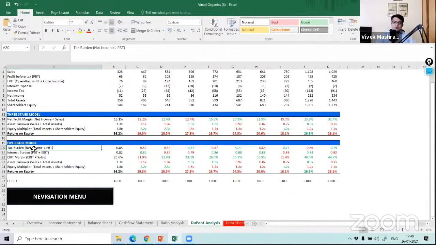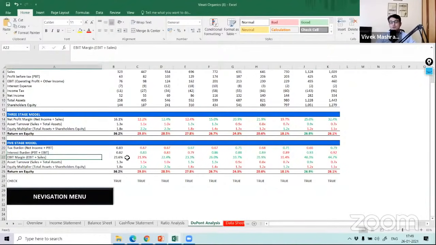So you basically divide net income by PBT. It will tell you the tax, my 21% is going. So 1 minus 0.79 is 21%. So tax of 0.21 has gone. Now interest, what is my interest burden? That is again 8%. So 0.92, 1 minus 0.92. That will tell you what the interest burden is.